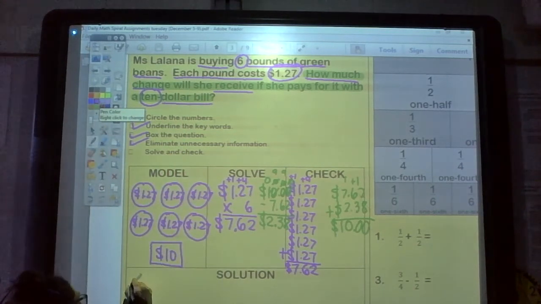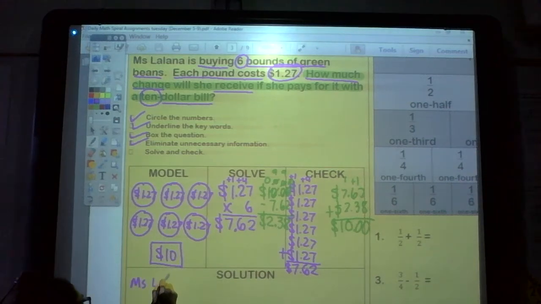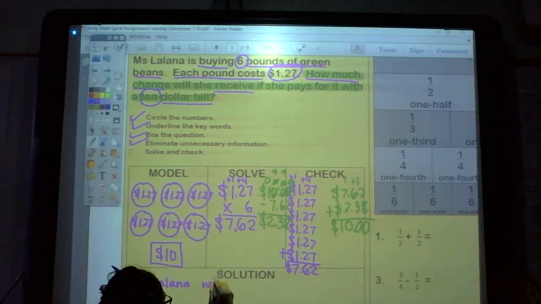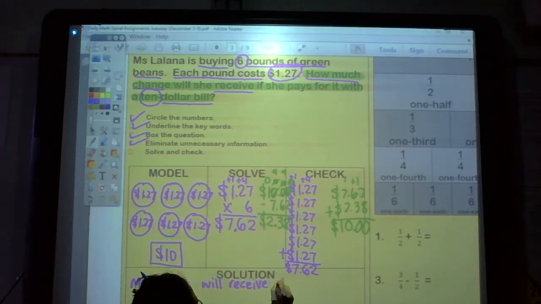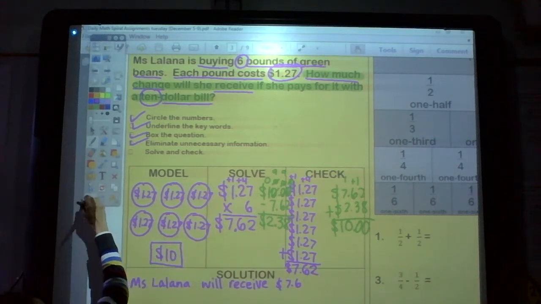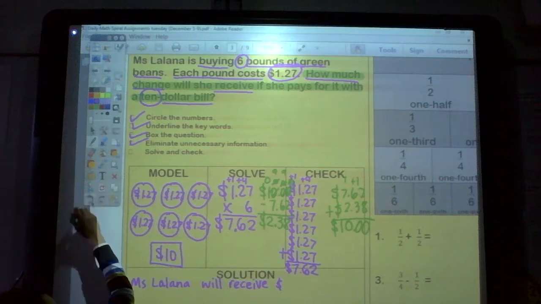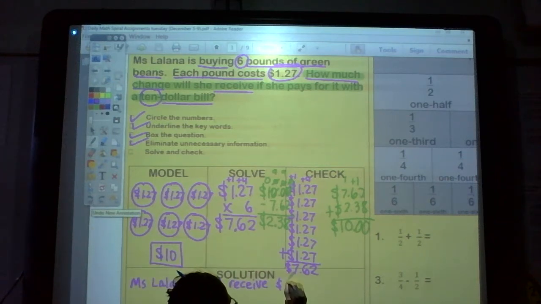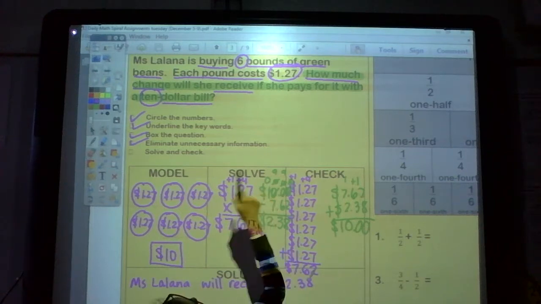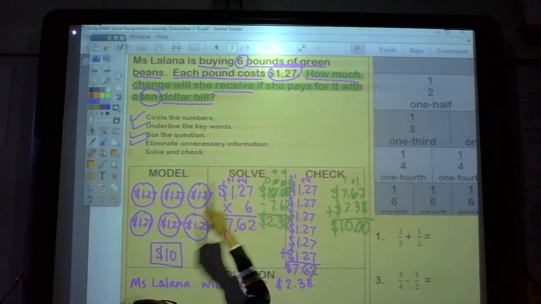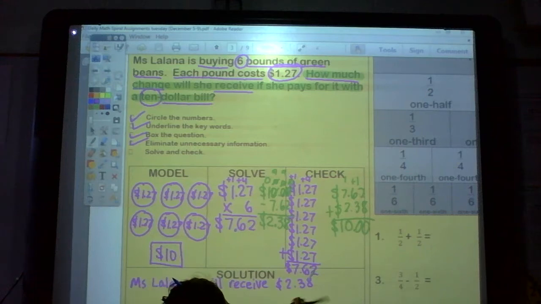Miss Alana will receive how much? $7.62. No, that's not it. That's the total. $2.38. All right, it says how much change will she receive if she pays for it with a $10 bill? Miss Alana will receive $2.38 in change